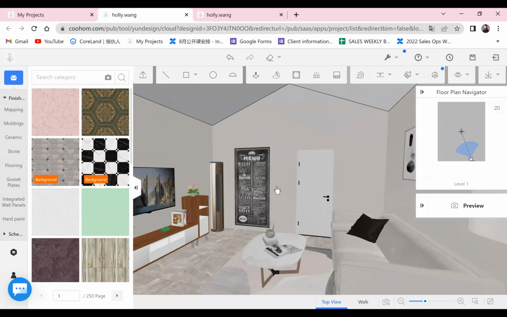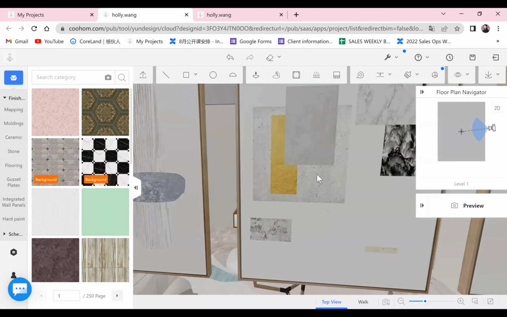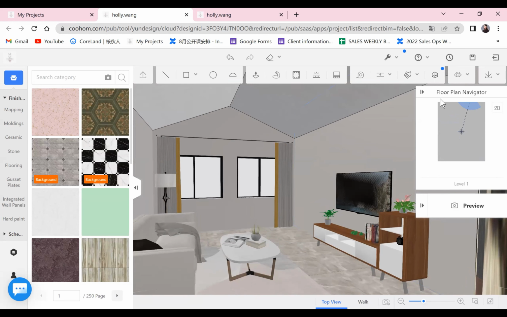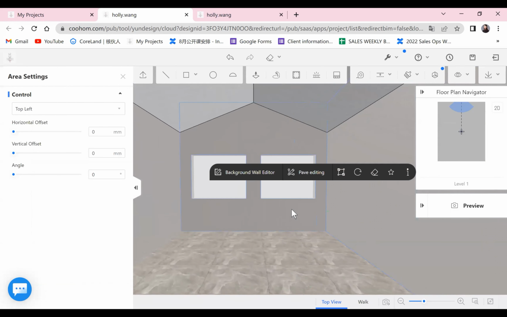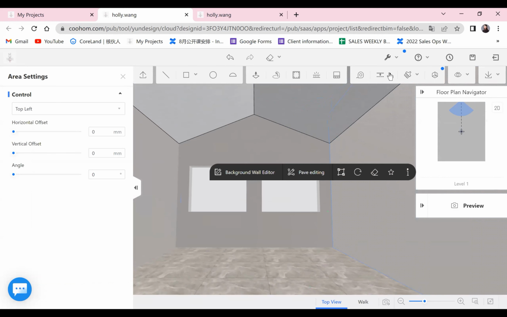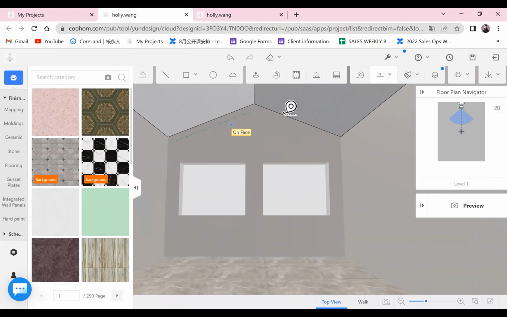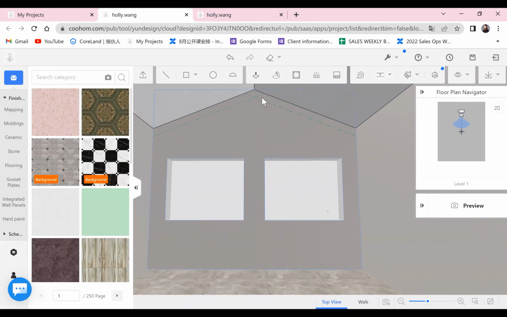Okay, so let's see, I will use this side. Okay, and hide the furniture, okay? So first, I will also use the guideline to help me decide how thick you want the beam to be. Maybe 150, okay? And this side also 150. Okay, so you see the two lines here, and then we will use the line to connect.